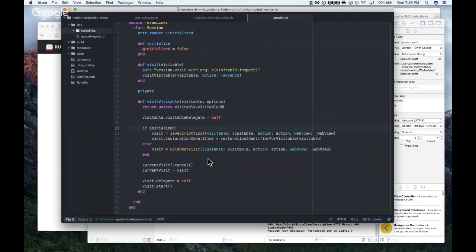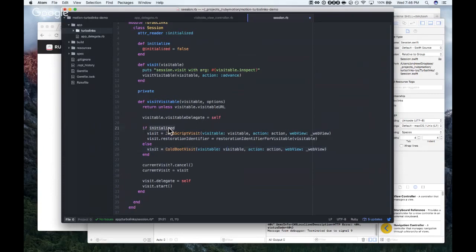I'm guessing it gets set at some point after something loads, maybe. Perhaps, yeah. I don't know. That's an assumption I'm making. I could be totally wrong about it.